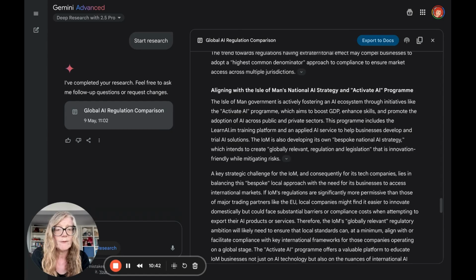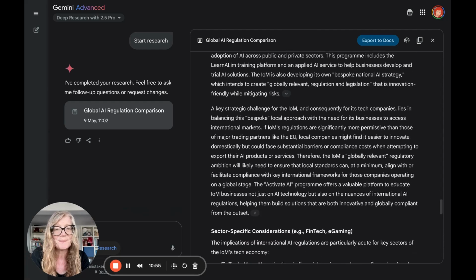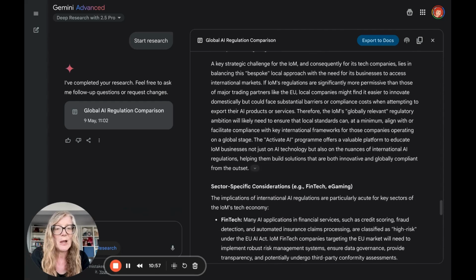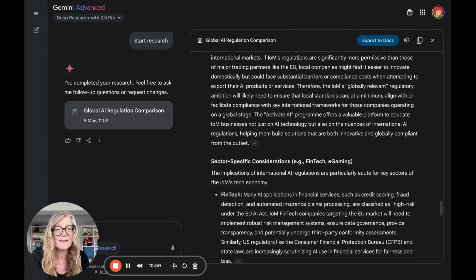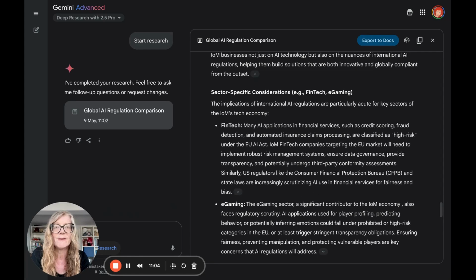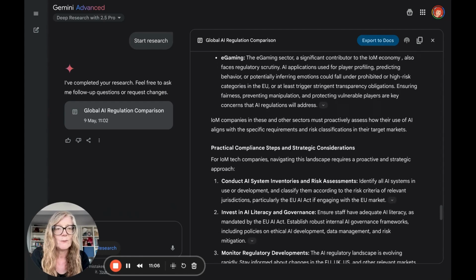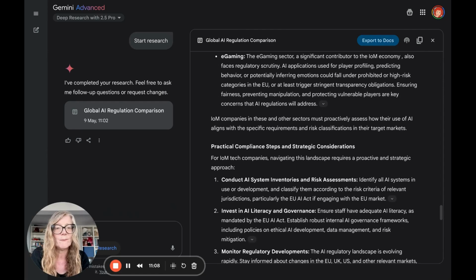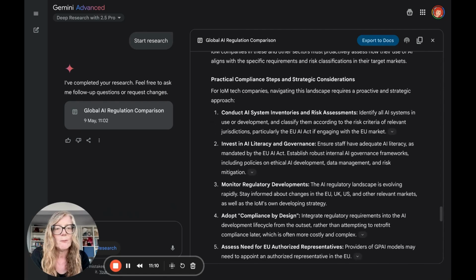And it's making reference to this again is clever. It's brought in aligning with the Isle of Man's national AI strategy and Activate AI programme. So obviously we don't have that yet. It's developing, but the Activate AI programme, as you know, is well underway. So it's aligning its thinking with that, and it's also pulling in what it knows about the Isle of Man, things like fintech and e-gaming. So it's gone above and beyond, and it's coming back with some practical compliance steps,